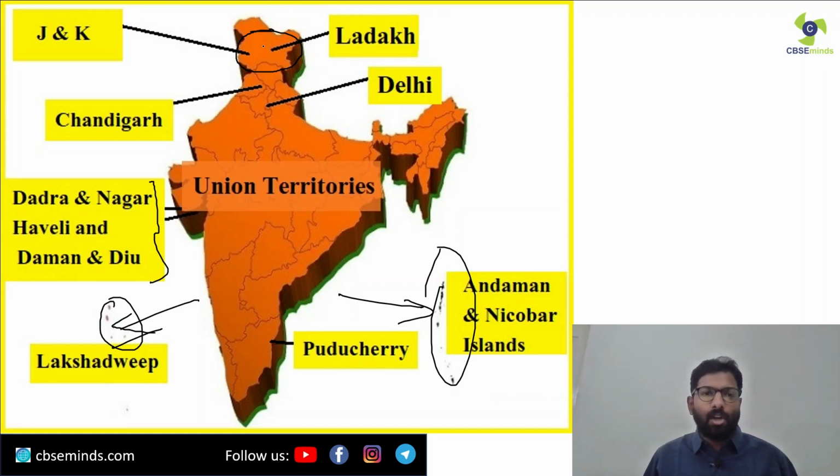Also in the case of Jammu and Kashmir and Ladakh, this is also made a union territory. Why? Because of its strategic location. You have Pakistan on the left-hand side, and on top you have China. Clear? Because of the differences that we have with these two countries, it becomes very important for us to administer these regions directly by the central government. We cannot make a state over there, because that would be a compromise on national security.